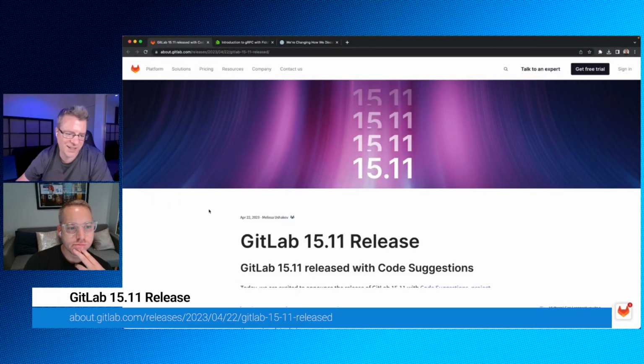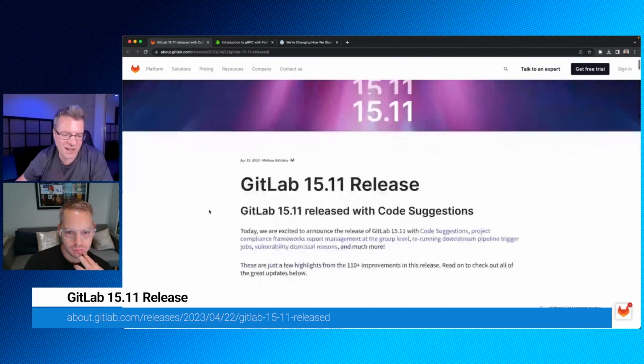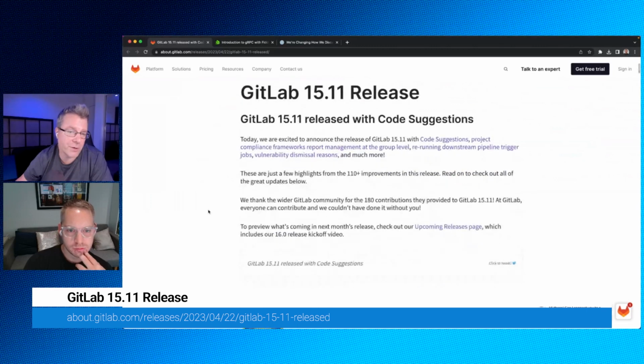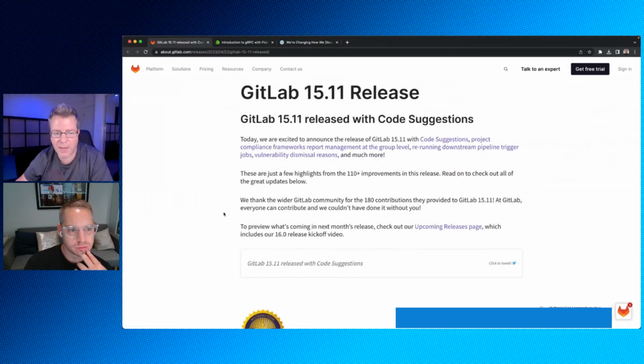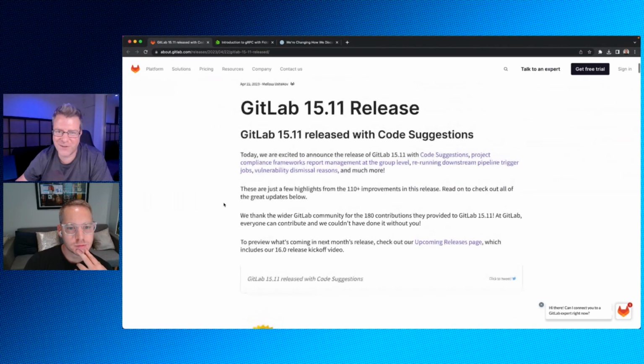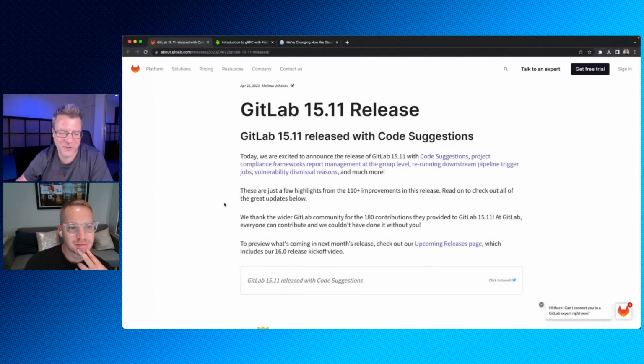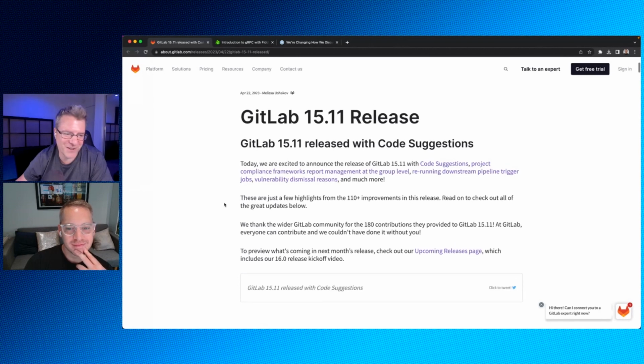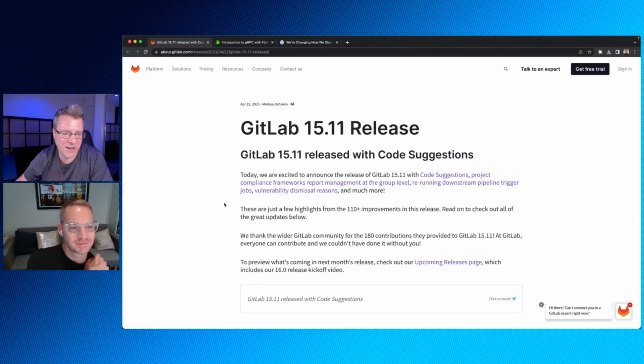Another update, obviously GitLab 15.11. Lots of features in here. I don't use GitLab. I have used GitLab in the past. It's one of those things, you're either with a GitLab instance or you're with a GitHub instance. I don't find customers who are using both, but if you're at all interested, GitLab 15.11 is now available